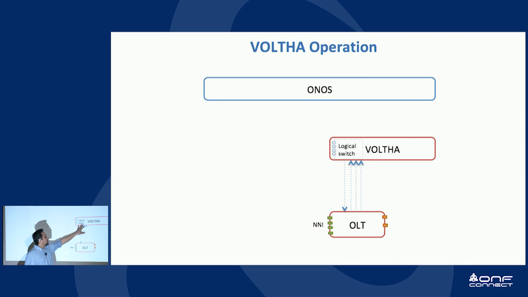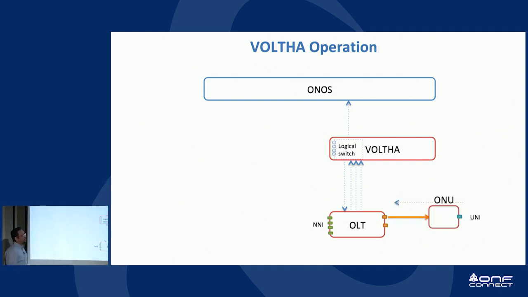What it means is that, okay, here's my OLT, and these are the NNI, the uplink ports of that OLT, but there are no other ports on this side. So where do those ports come from? When we discover a certain ONU, and the ONU has the user-facing port, the residential subscriber-facing port, the UNI port, that discovered ONU in the PON also gets reported to VOLTHA, and that's when VOLTHA adds a port representing that site.